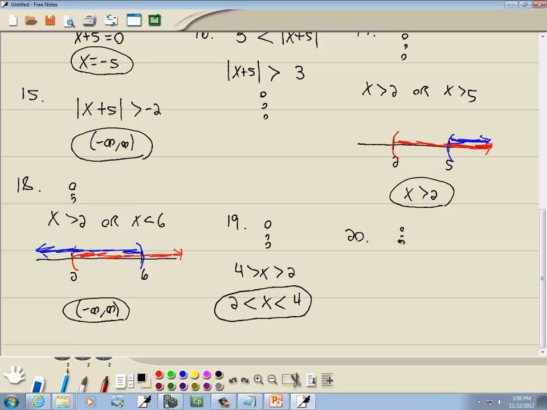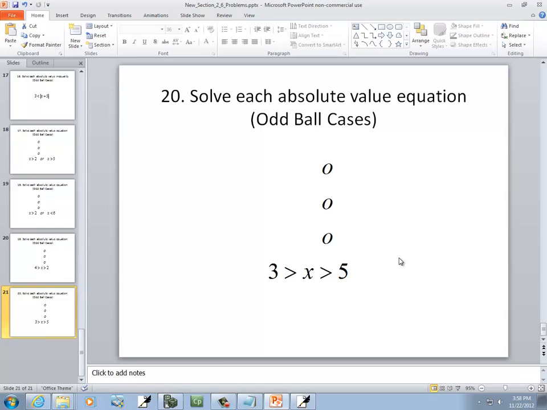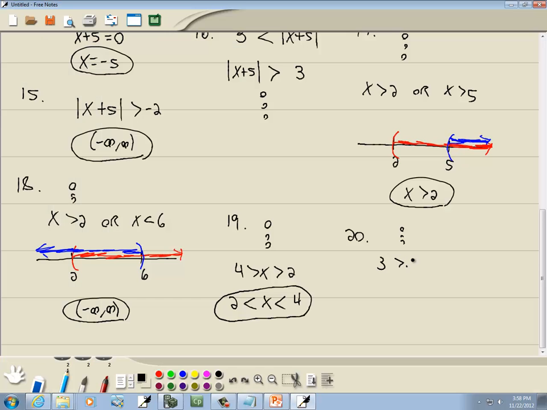Okay, work the problem down, and we got 3 is greater than x is greater than 5. Well, there's a problem here. Smaller numbers here, larger numbers here, that's good. But these symbols here have to be either less thans or less than or equal to's. So that doesn't fit. Well, I could flip them around